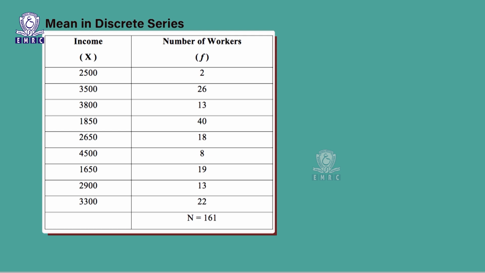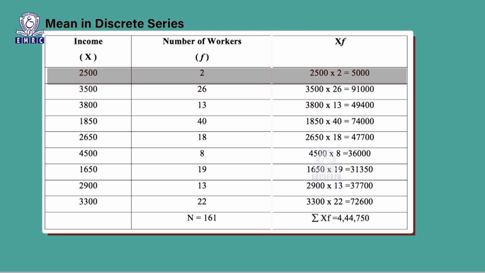8 people are earning 4500 per month. 19 are earning 1650 per month. 13 people are earning 2,900 per month and 22 are earning 3,300 per month. So, we have already discussed what is the first step? The first step is to calculate the XF value, that is nothing but multiplying the income with the number of workers. So, the first one is